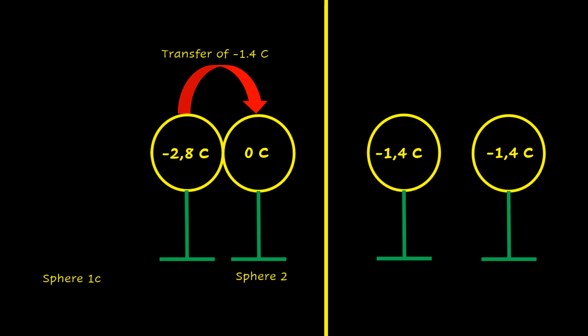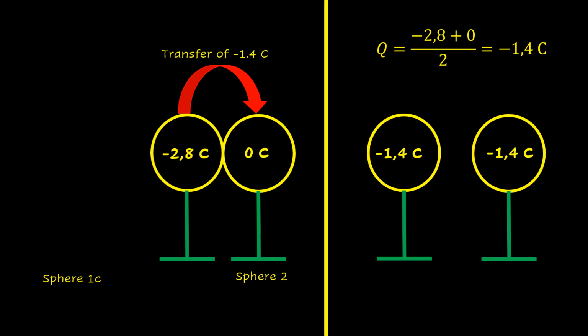To determine the new charge on each sphere after touching, we will say that Q is equal to the initial charge on sphere 1, which is negative 2.8, plus the initial charge on sphere 2, which is 0, all divided by 2. This will equal negative 1.4 coulombs. This means that the final charge on the two spheres is equal, and it will be